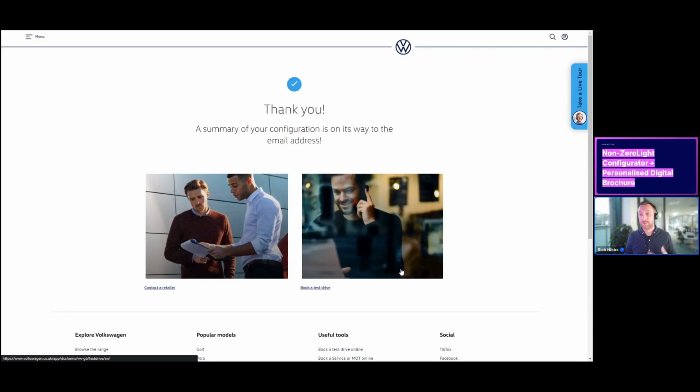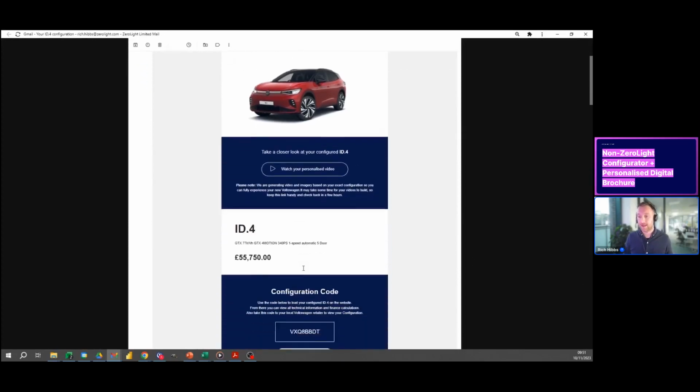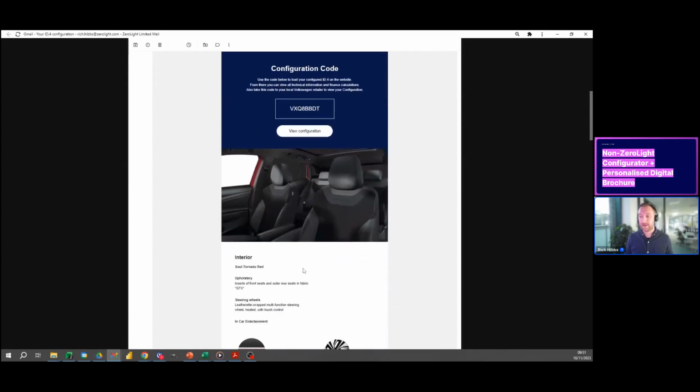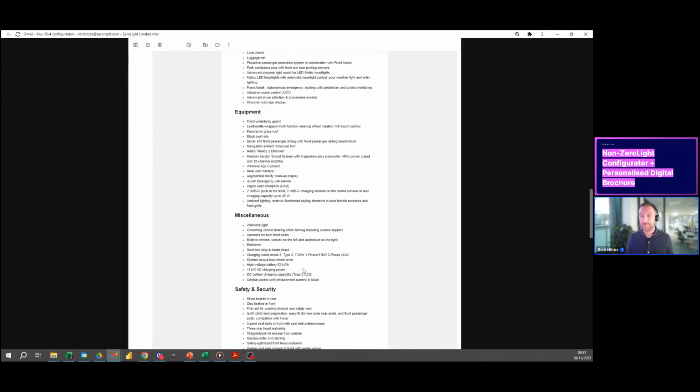email. So as a customer or someone who's interested in the red GTX, I've come to the website, made a configuration, I've filled out my details, I now receive an email. And lo and behold, that is the car that I configured. I've got images of the car that I configured. I can see the interior. I've got a lot of technical information in the email. And this email is created by their CRM team.